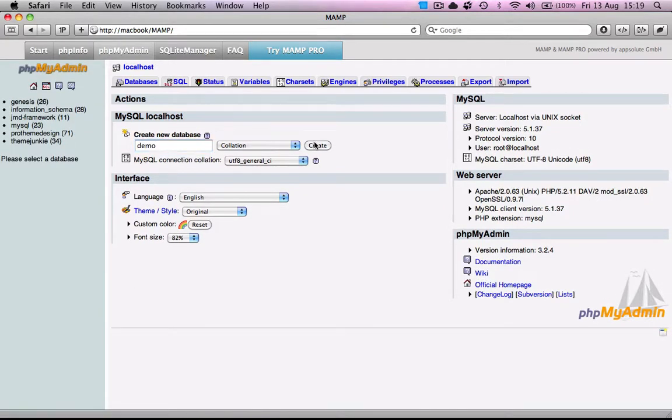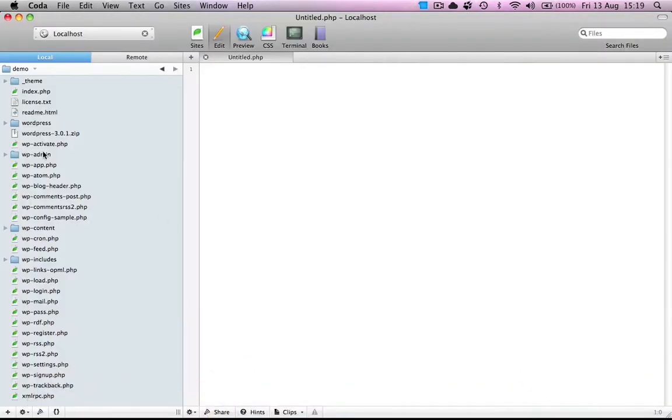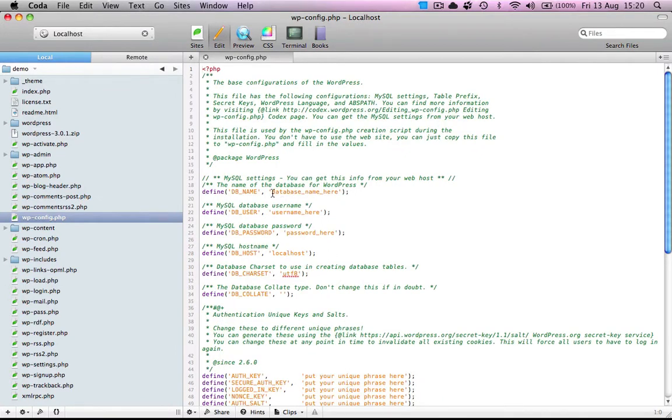Demo. So I've created my database, and what I need to do now, also, this is Coda, the application I use for developing and designing sites. It's also in the same folder. You can see we've got all the information here. So I'm just going to first of all rename wp-config-sample to wp-config. I'm going to open it up. So the database name is demo, which I've just created,